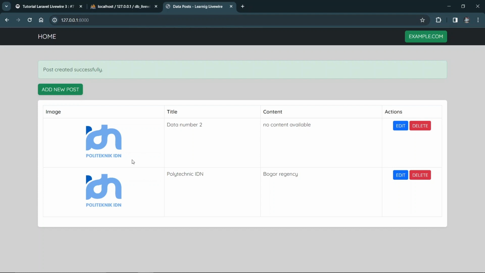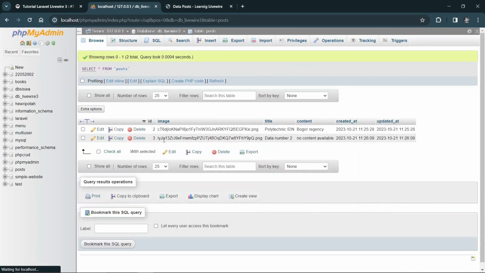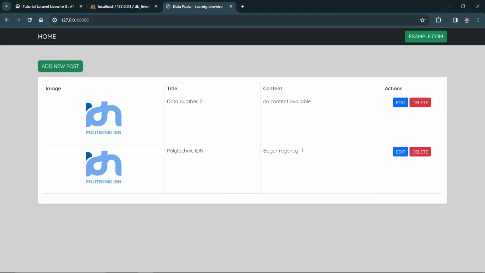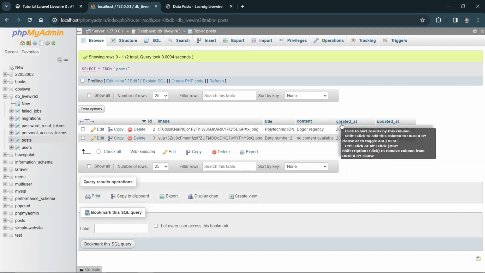Okay, so there are two data now. Hit refresh here, and there you go, we have two data, with the title Polytechnic IDN, and the second data is data number 2. Just like we created. And then we have the detail here as well, created at October 21, 2023, and this is the time,